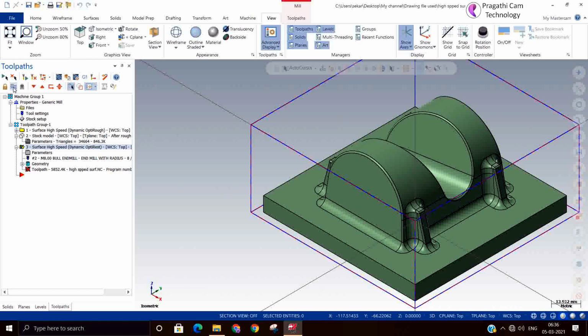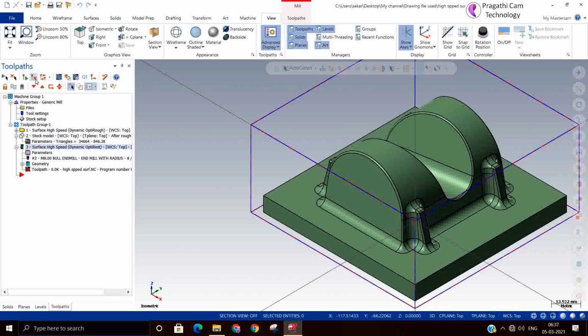Okay, and regenerate. So what it does is, whatever material is left out by the previous tool, only those materials it will remove. So after this operation, the material left in the model is always uniform.